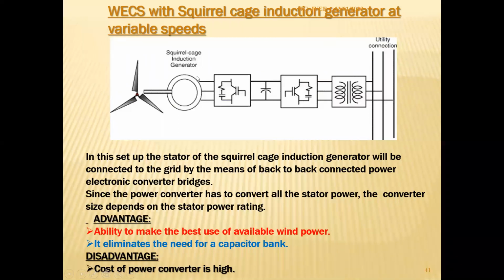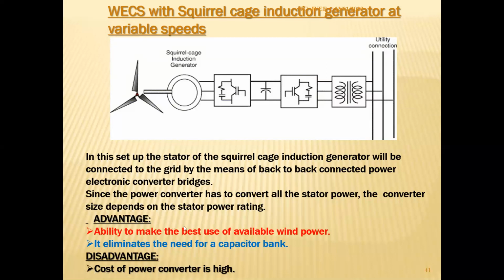So ultimately, the cost of the system will rise, reliability will decrease, failure rate will increase, and the space requirement will be there. It will be a bulky system. So all these things make this a little bit remote to apply. But at the same time, again, I am telling, if there are no other means, and this is the most rugged generator, squirrel cage generator, we can use the squirrel cage generator with this scheme for generating electricity at a fixed voltage and fixed frequency depending on the demand.